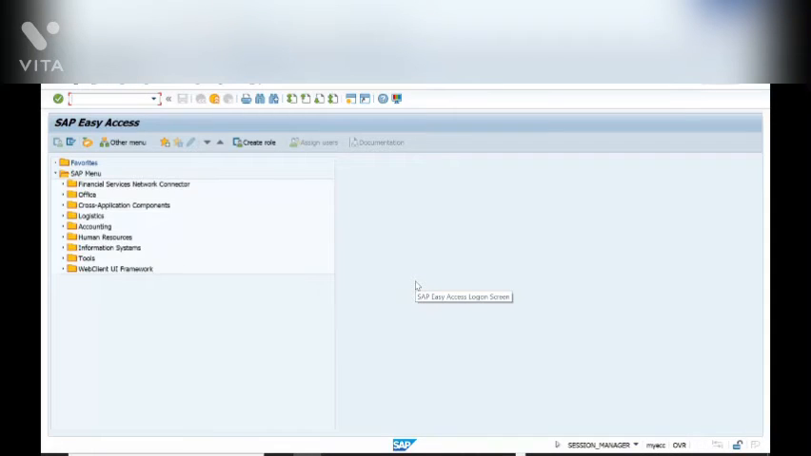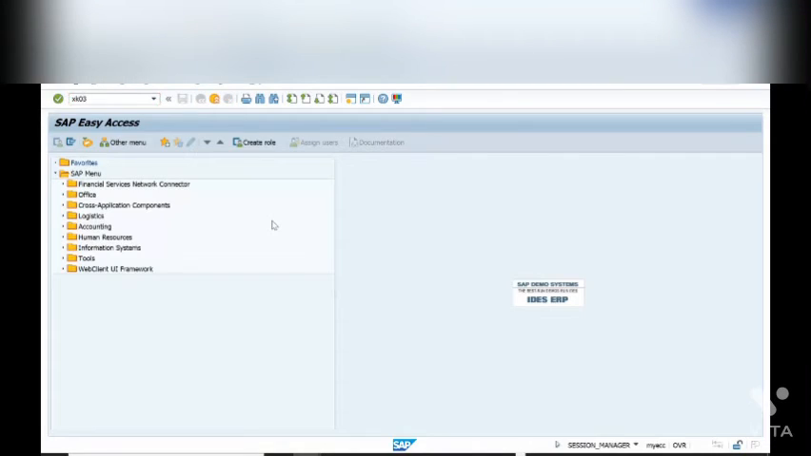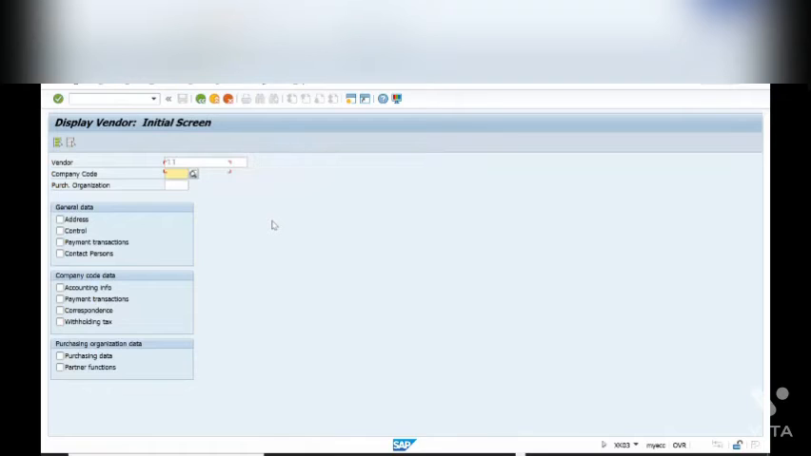Okay. So let's take my vendor. Okay, 11 is my vendor. So let's go to that. As we already set up this one, 11, okay, and 1000, and in the purchasing data, we already selected